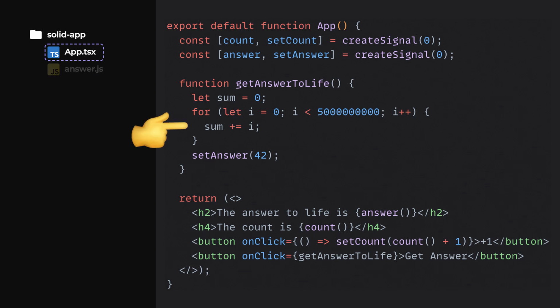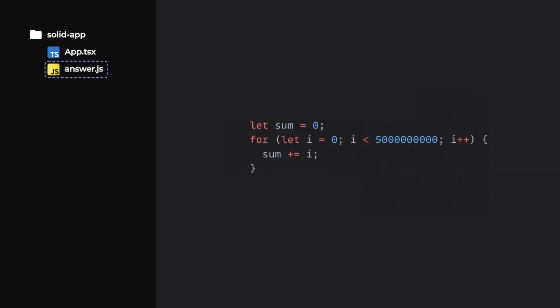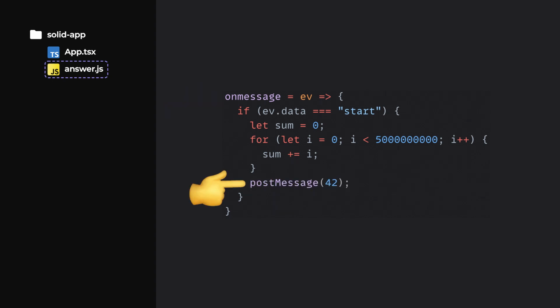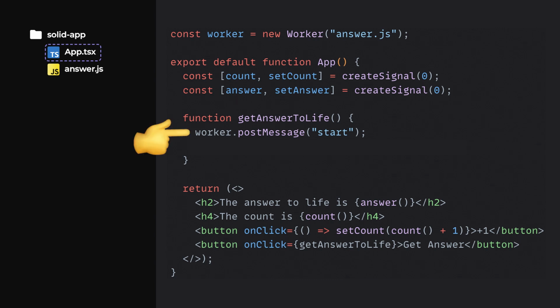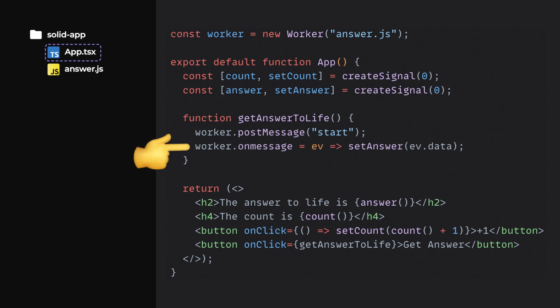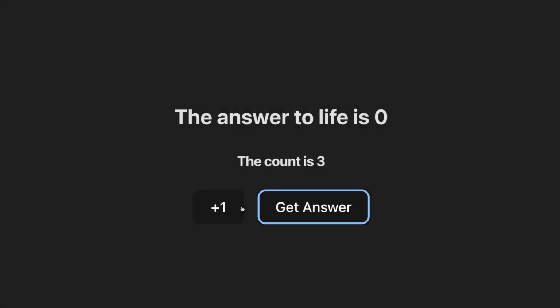So let's move our long-running task into a new script called answer.js. The main thread and the worker will communicate with each other via messages. To accomplish this, we'll wrap our worker code in an onmessage function and we'll send the response back to the UI thread via the postMessage function. Then, back in the Solid component, we'll initialize a worker pointing to the answer.js file, and in the event handler, we'll replace the heavy computation with a simple start message sent to the worker instance. Then, we'll listen for any messages coming back from the worker, and when the response comes, we'll update the UI accordingly. Now, when we run this code, the counter listener is always executing, even though we also click the getAnswer